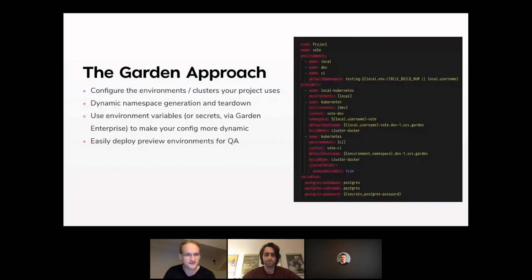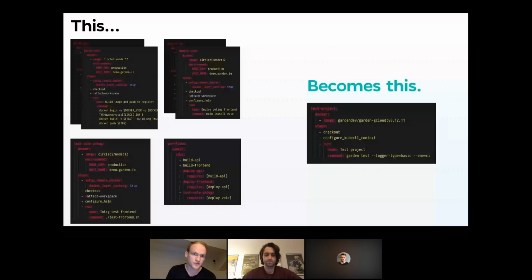So here on the left-hand side, we have a contrived CircleCI configuration example of how to build, deploy, and test a particular project. You have to build the API service, build the Vote service, deploy, and then test. And you see here, there's a lot of valuable information that's encoded in here. Like, this has to happen before that. Deploys depend on builds, tests depend on deploys. And because it's siloed in the CI configuration and not being used by a tool that's available to you in both phases,